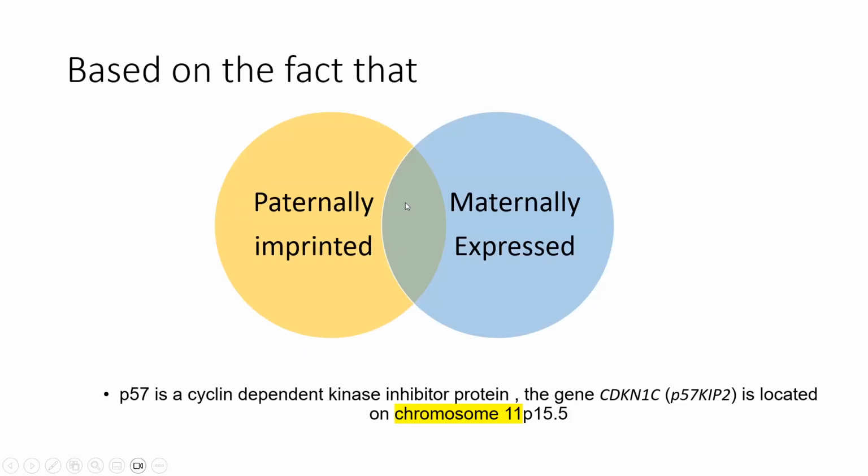And why the P57? Because P57 is a gene that is paternally imprinted and maternally expressed. So if we have a product like the complete mole that carries only paternal genomes, then we have the gene, but it will never be expressed as long as we do not have the maternal genes. You know that males are very strong creatures. Actually, they can do anything in life without females except for one thing, which is the expression of P57. So they need maternal genes.